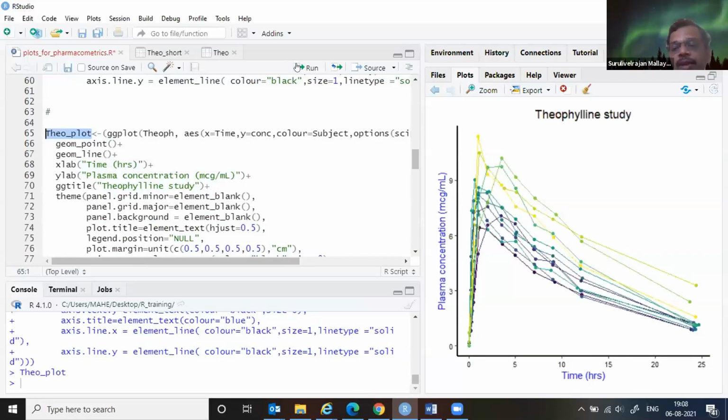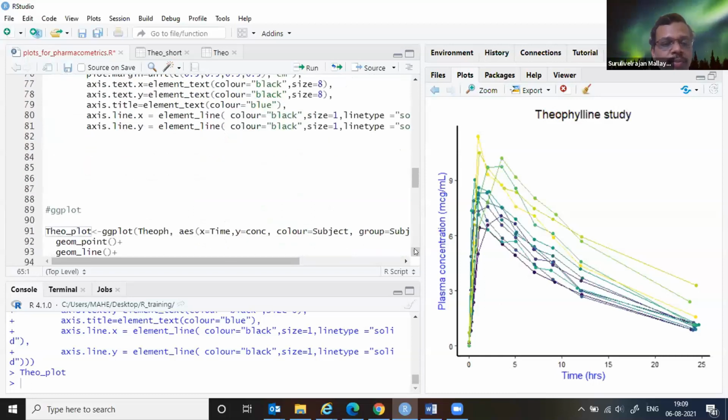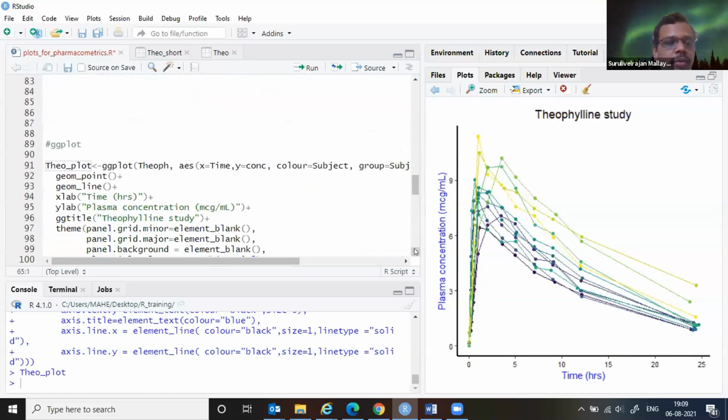Okay, here I've done one small addition. If you look, I've given geom point as well as geom line. That makes the data points clear, at least which points this data has been taken at, and for me it looks a little better than the previous one. And I've saved it as an R object. Every time I run it, you can see the plot here, but it is not saved as an R object every time. So once you save it as an R object,